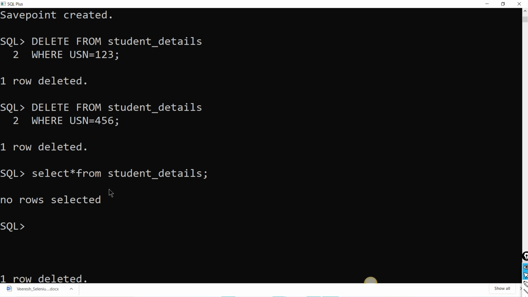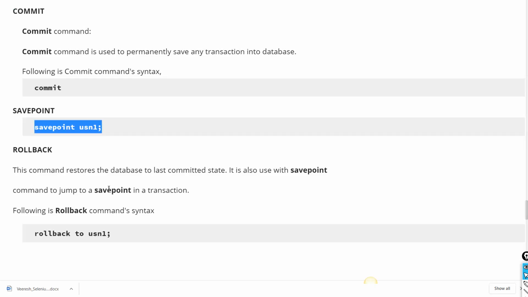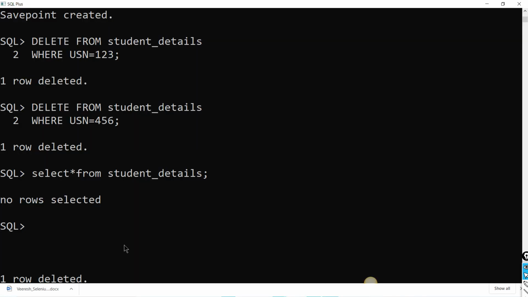But if you make use of usn 1 2 3, it will roll back only the first row. How many rows do you want, one or two? If you want one, then usn 1 2 3 will be your answer. If you want both the rows, then your answer should be usn 4 5 6.